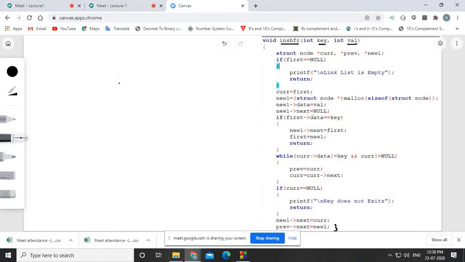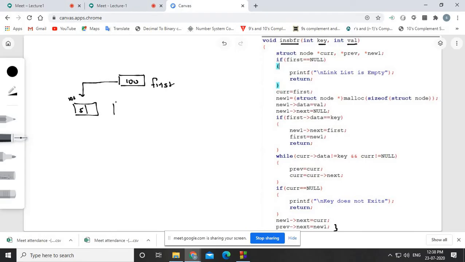So for example, this is my first node, and the first node has the value 5. Suppose the address of the first node is 100.